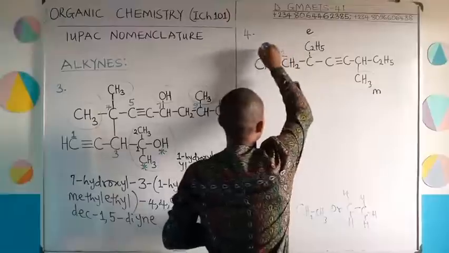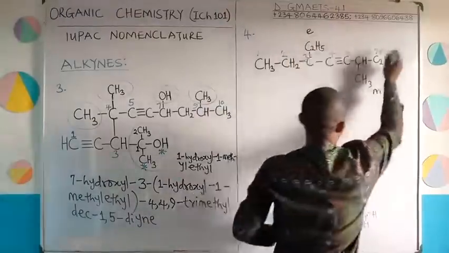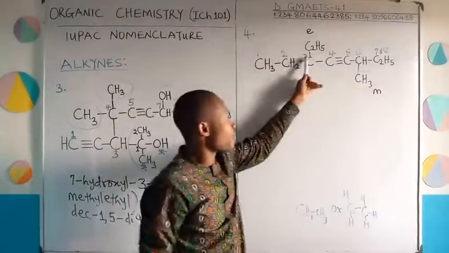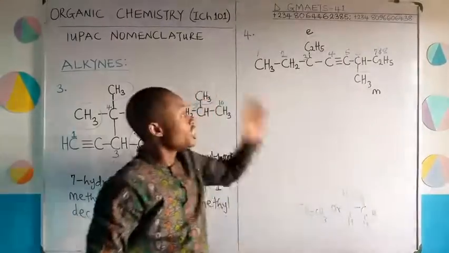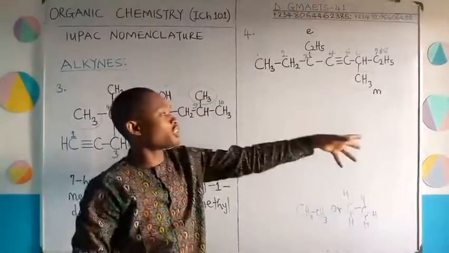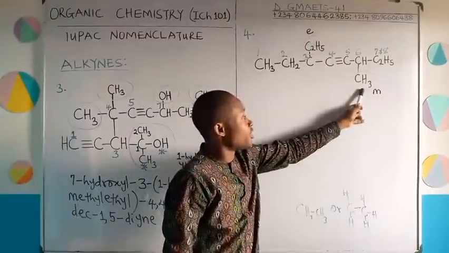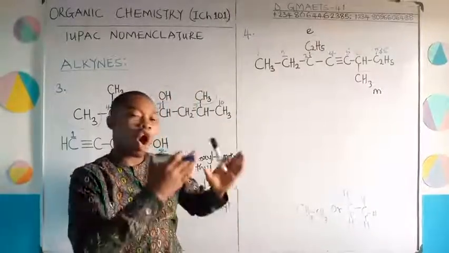1, 2, and then we've got these 3, 4, 5, 6, 7, and 8. Remember, 7 and 8 is in that C2. So on the 3rd carbon atom we have ethyl attachment. On the 6th carbon atom we have methyl attachment. E comes before M. So the nomenclature of this is simply 3 ethyl, 6 methyl. Longest carbon chain is 8. So this is oct